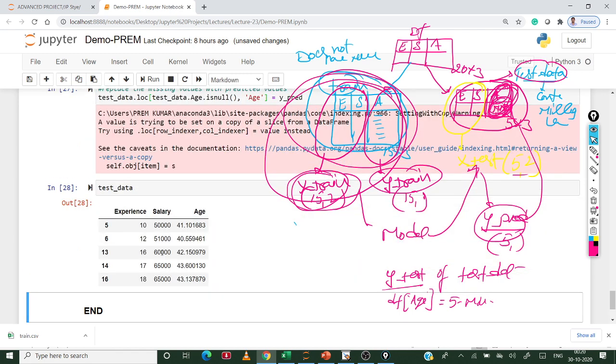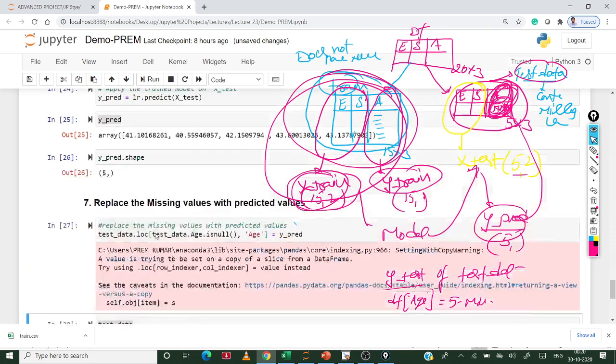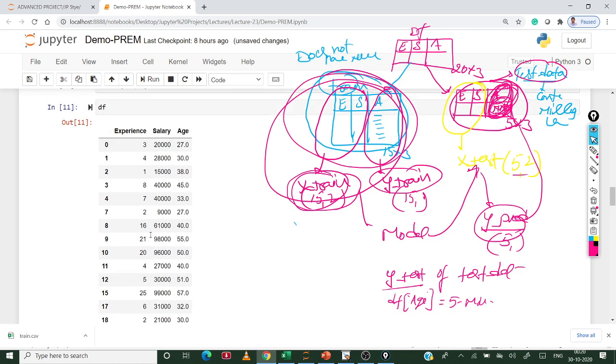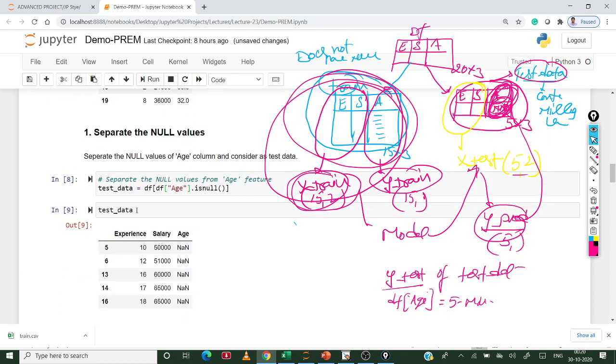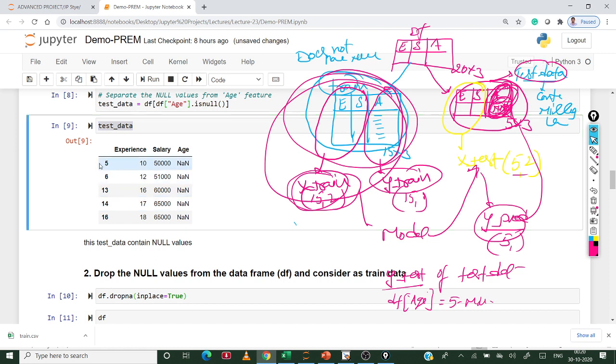So this is the test data. If you see the test data here, index number 5, experience 10 and salary 50,000, filled with 41. Before this, the test data contains the index numbers 5, 6, 13, 14 and 16 with these 3 features.